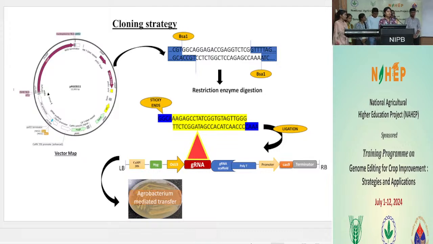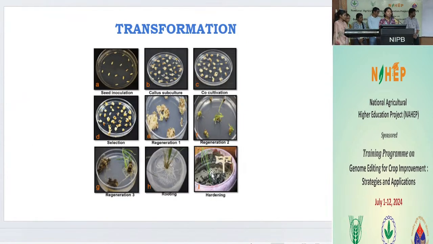So very good morning everyone. My part is to describe the transformation portion. As we all know, Agrobacterium-mediated transformation starts with callus tissue culture. So we are using the Smriti Rice 1121, and we are starting with the seed inoculation. After sterilization, we